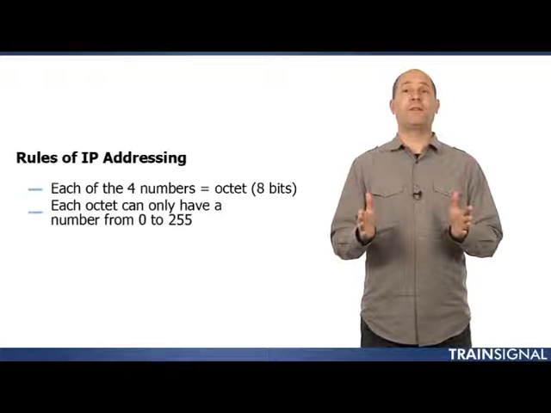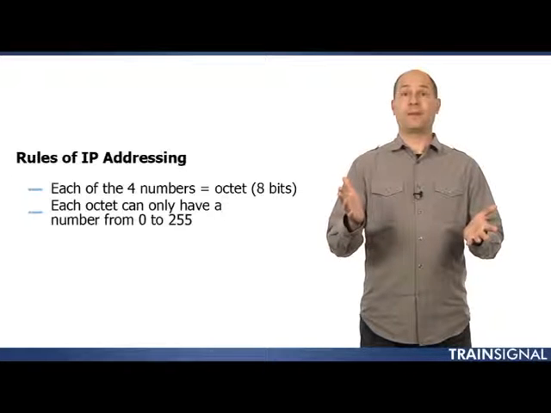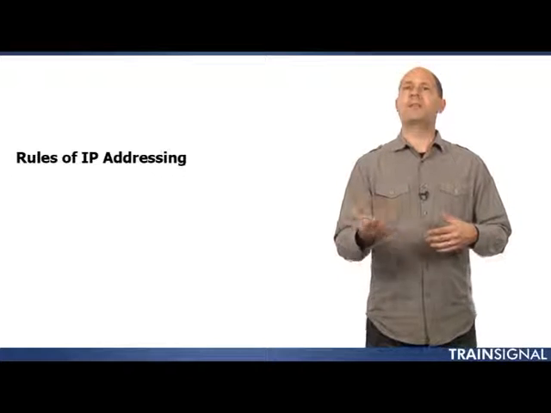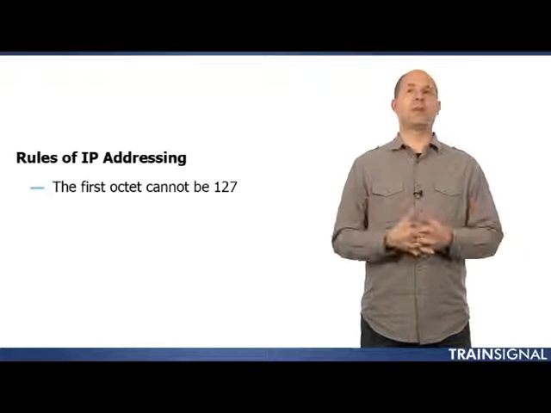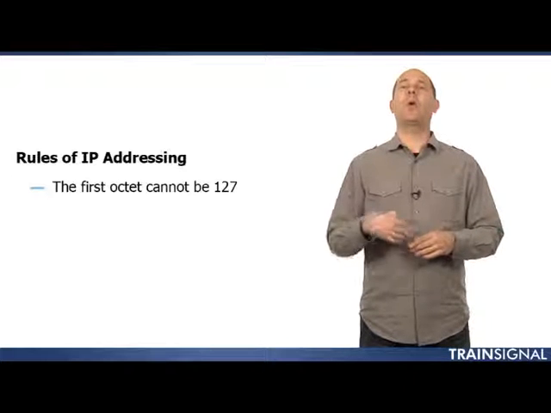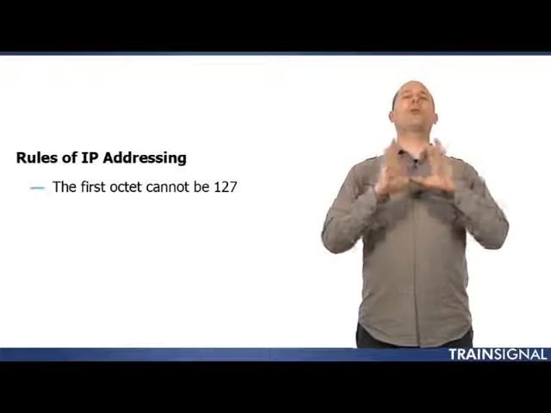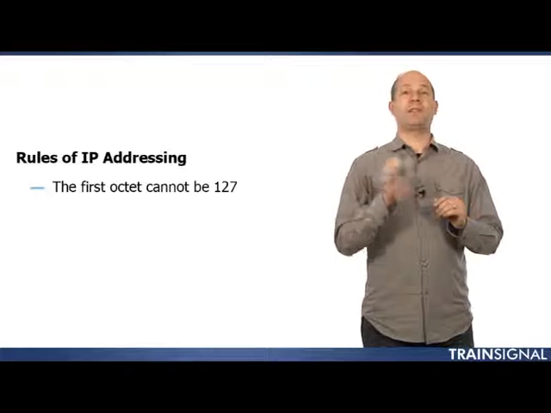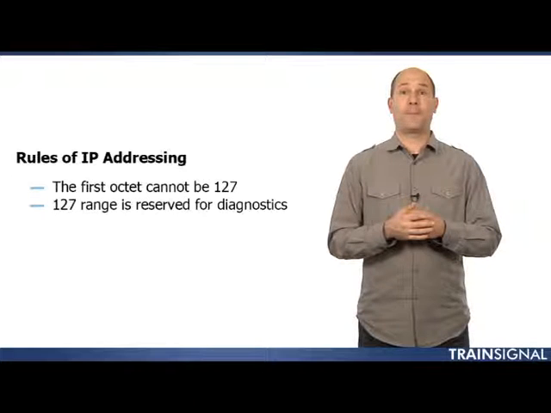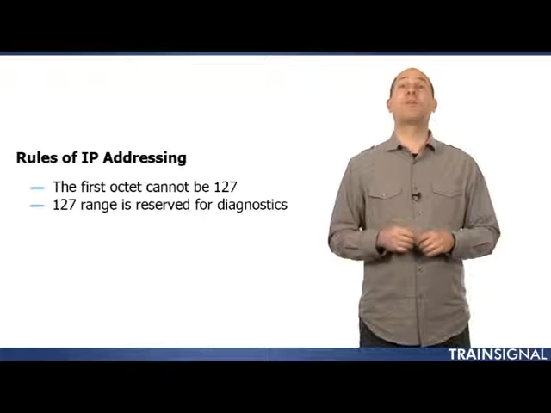0 to 255. Okay, and the reason is because when you do the binary math, that's all you can have. Now here's the first, I don't know if you want to call it a literal rule. And that is that the first octet, or for simplicity we could say the first number in an IP address, cannot be 127. The reason is because the entire range of IP addresses, 127.anything.anything.anything, is reserved. Okay? When this was all created way back in the beginning, that range was reserved for diagnostic